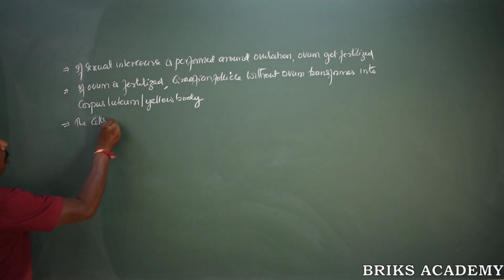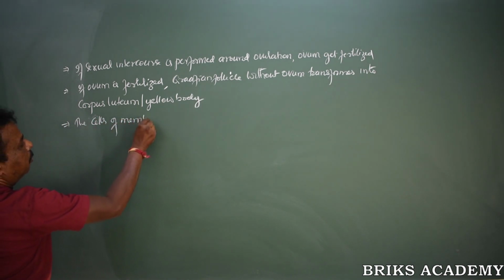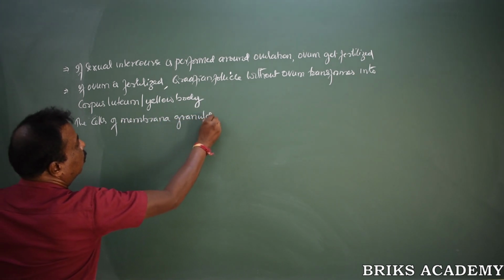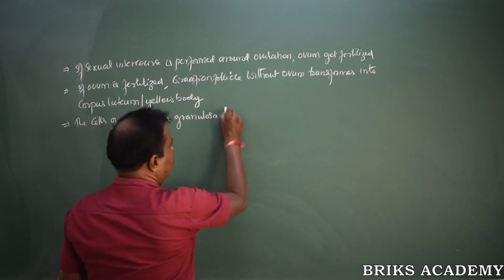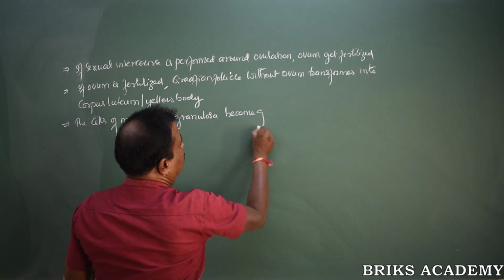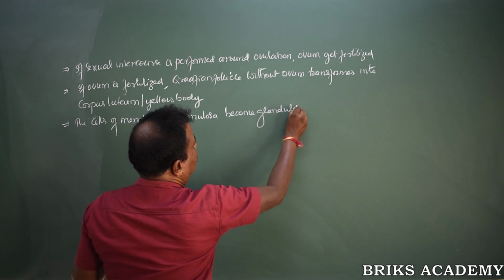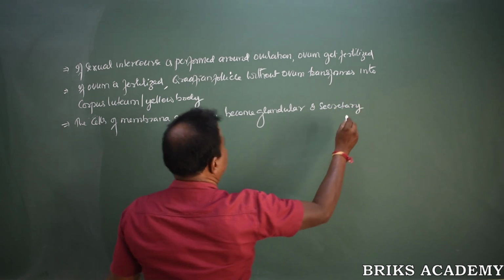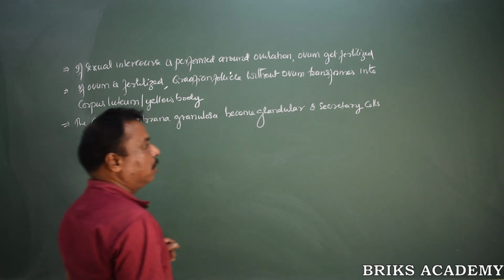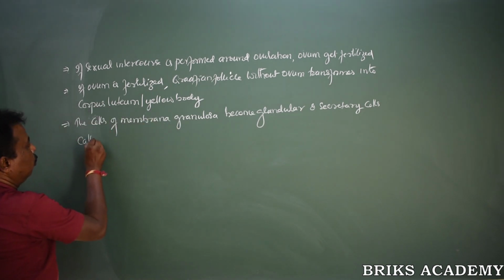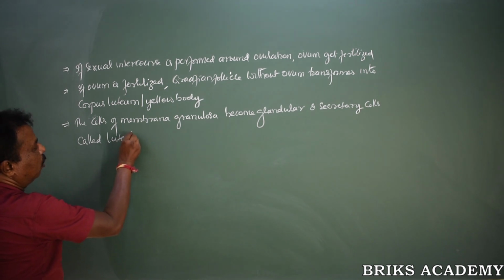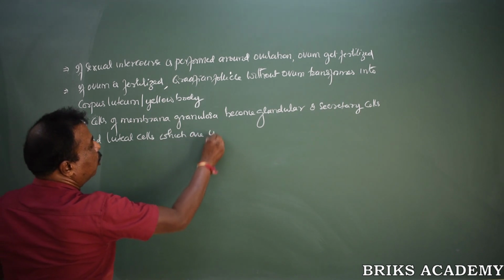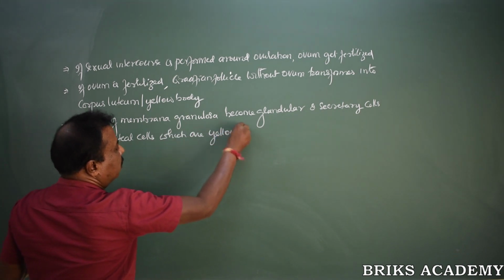The cells of membrana granulosa become glandular and secretory cells called luteal cells, which are yellow in color,